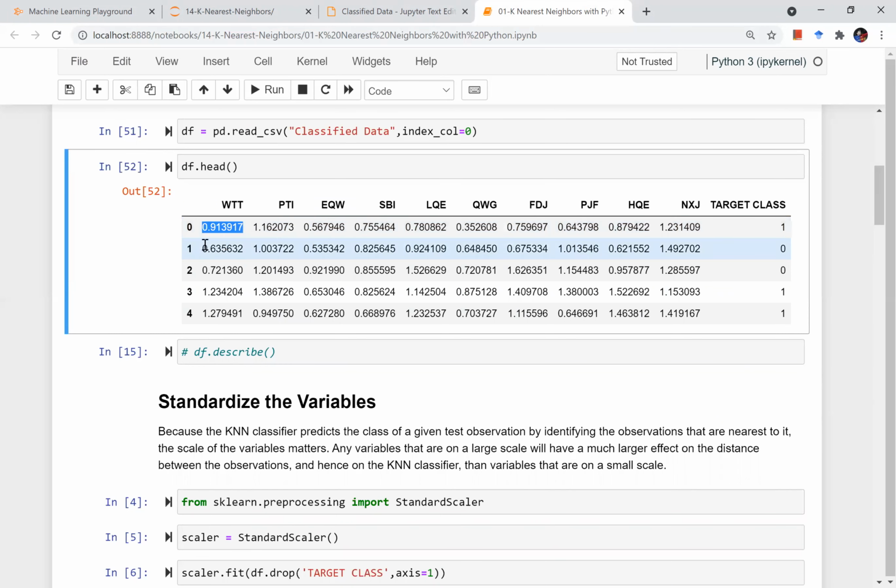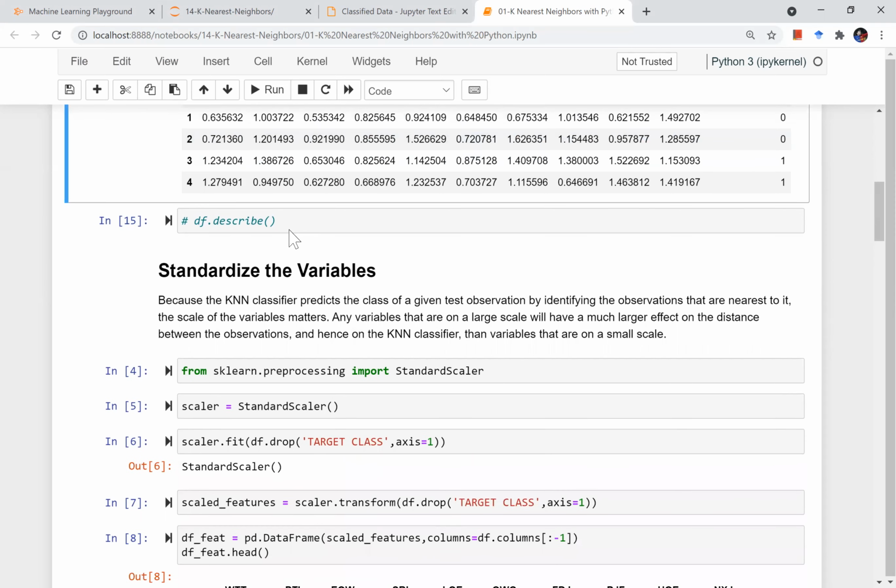Then for this value, we will subtract the mean of this particular column and divide by the standard deviation of this column. I have to perform this operation with each and every cell of my data frame except the target class, because it is 0 and 1. The number there means nothing, and we are not using this class for the distance calculations. Okay, so we have to perform this.